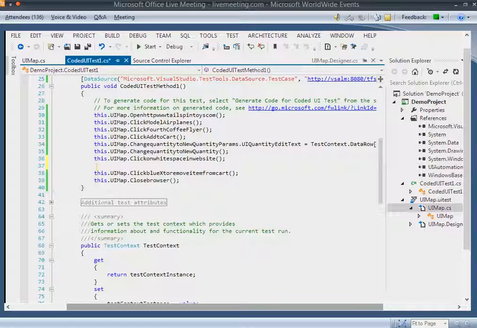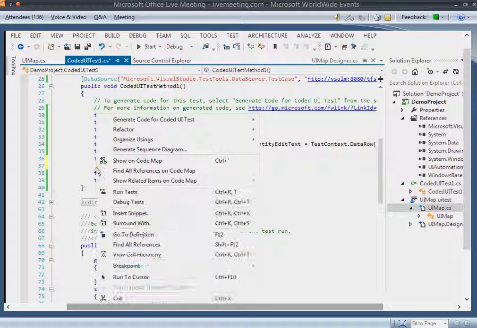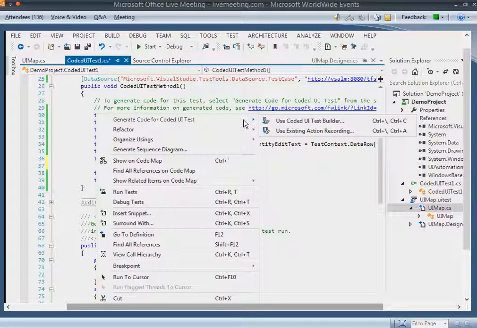Or else, while you will be recording through the coded UI filter, which I will show you next after this demo, you can keep giving the logical name while you're recording so that the script becomes more maintainable and the understanding of the scripts is there, right? So I'll just right click here and say generate coded UI test and go to the coded UI test